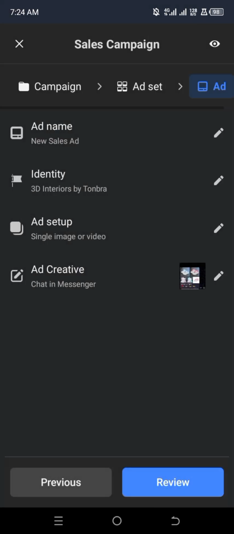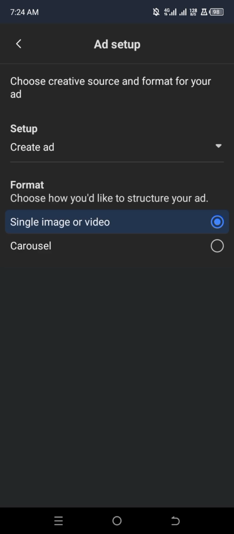But you must make sure that if you want your ads to show on Facebook and Instagram, you must have an Instagram account now for your ads, like for your page. So your Facebook page and your Instagram business account must be linked to run it. Then you move on to your